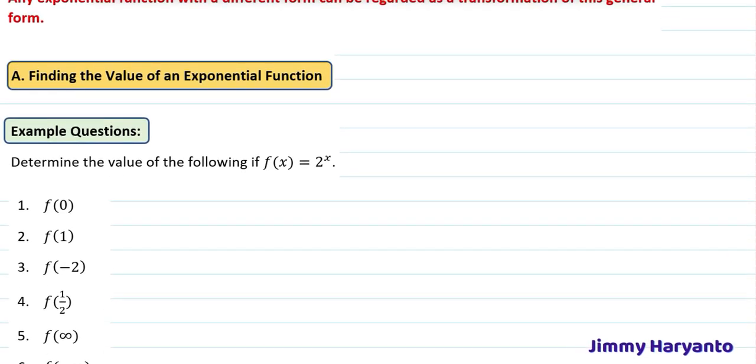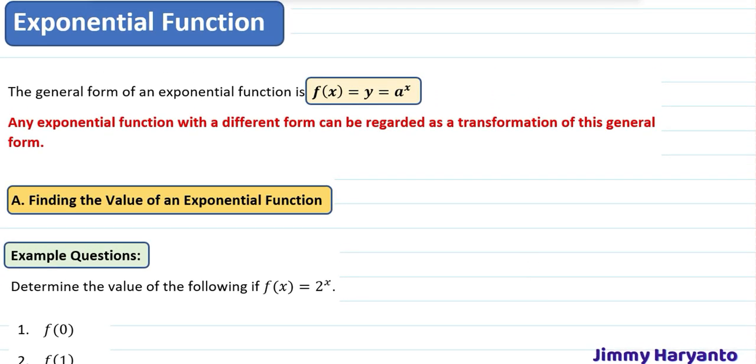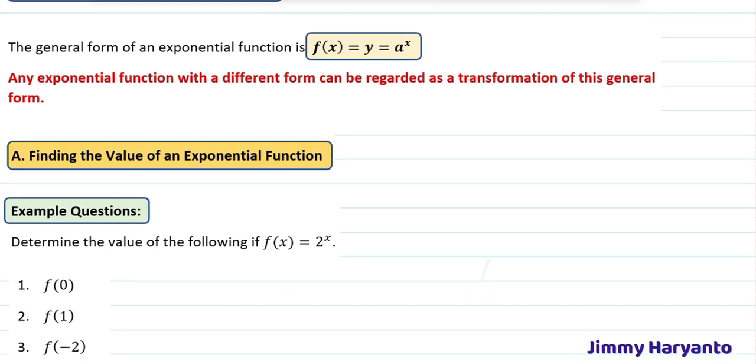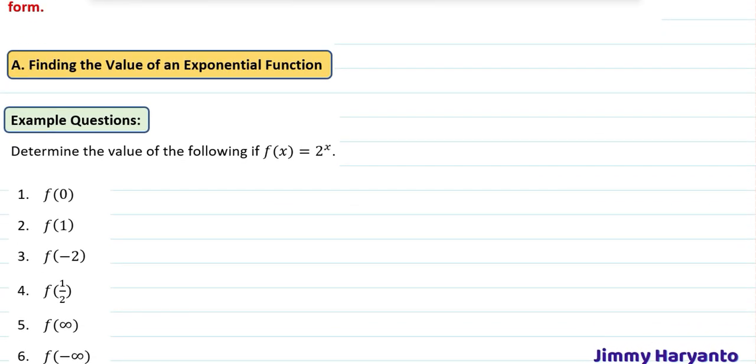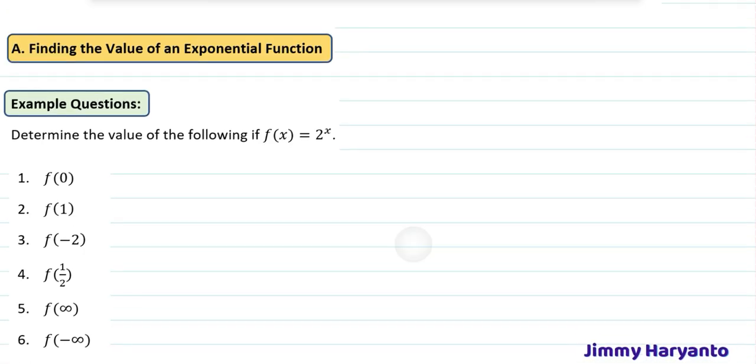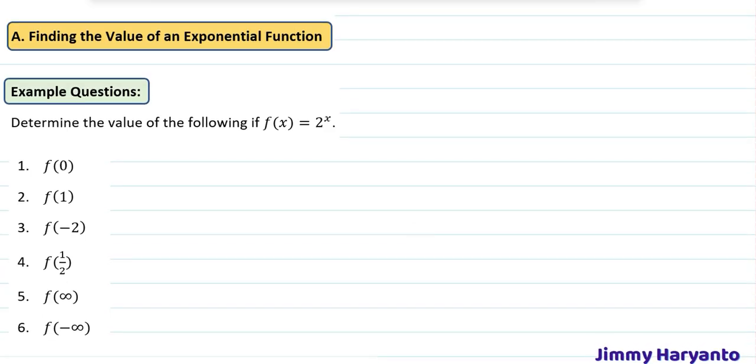So usually when we are talking about a function, that means you have to draw it, right? You have to draw the graph and something related to that. So before you sketch the graph, I think you better know how to find the value of an exponential function. Yeah, it's just like the other functions, you only have to input the value of x. Okay, so for the first one, we have f(0). f(0) means you have to substitute the 0 into the x.